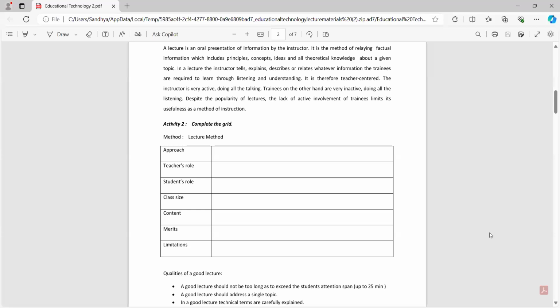Content. What kind of content is taught using the lecture method? Vast content. Because the teacher goes on telling us, a lot of content can be covered. You're correct. But is it only when it is vast that you use the lecture method? There is another important consideration. If it is difficult content, complex subject matter,